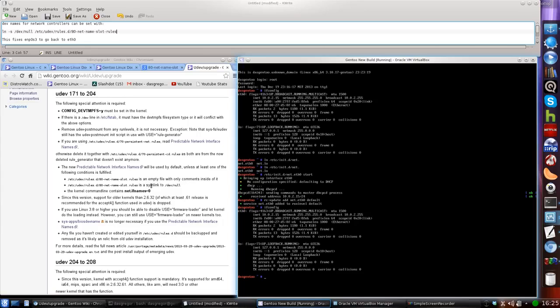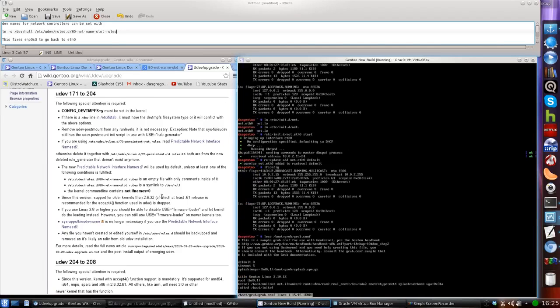80-net-name-slot, and we have that symlinked to /dev/null, and yet something still wasn't right. So after I got rid of all that, rebooted, I ended back up with the enp weird stuff. And it also said the kernel command line contains net.ifnames=0. So what I did here was I set that up so that /boot/grub.conf also has there the net.ifnames=0. And when I did that, it finally properly named that, and it appeared,